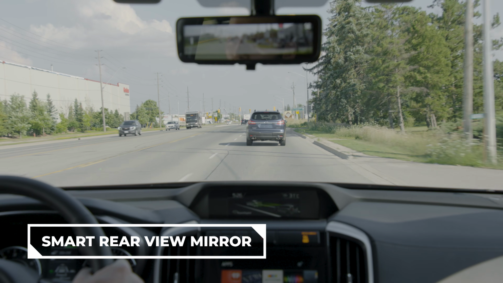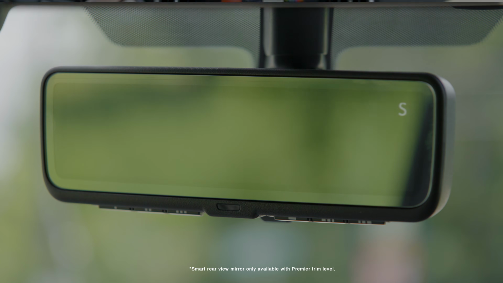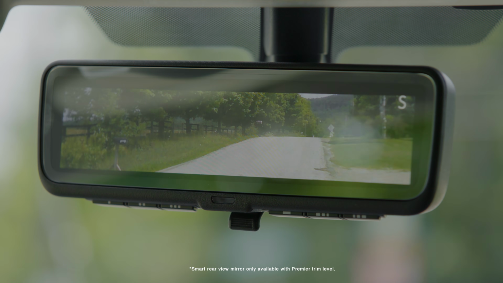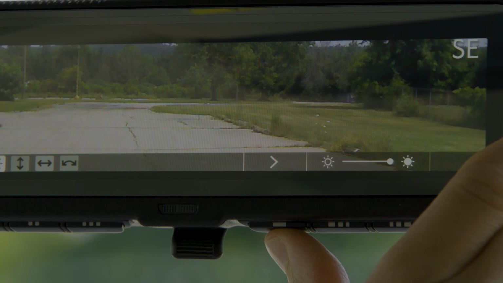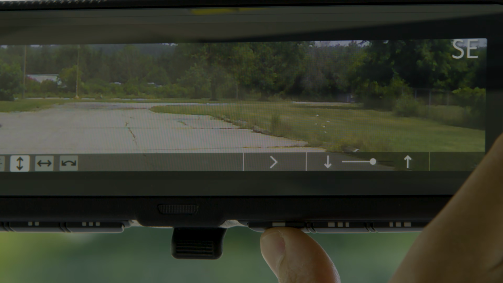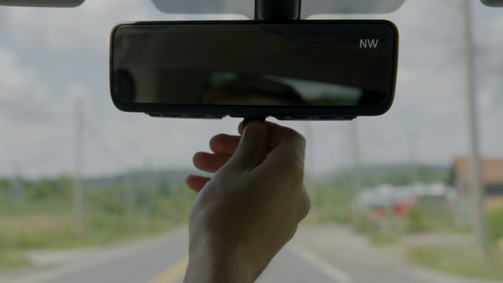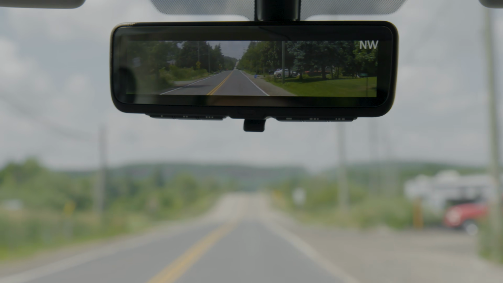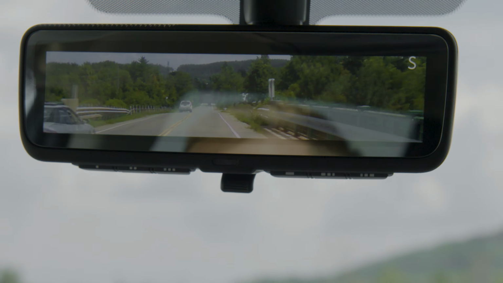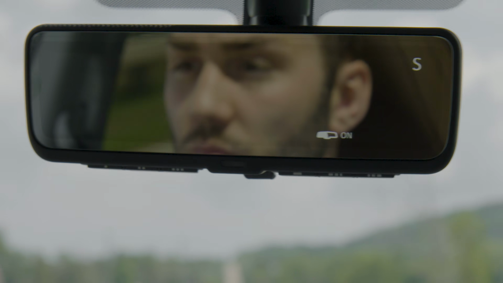The Ascent also offers a smart rear view mirror to further improve visibility. It uses a dedicated camera to maintain visibility when the view behind is obstructed inside the vehicle. To operate it, adjust the mirror to the correct position, and then select a display mode by pulling the mode lever toward you. To select mirror mode, push the lever away from you.